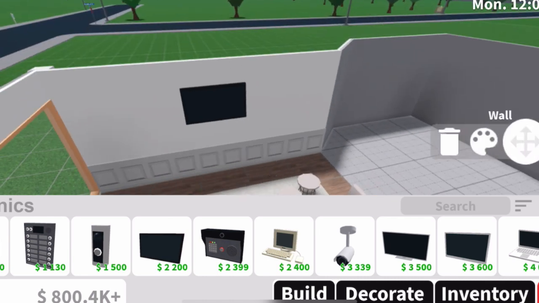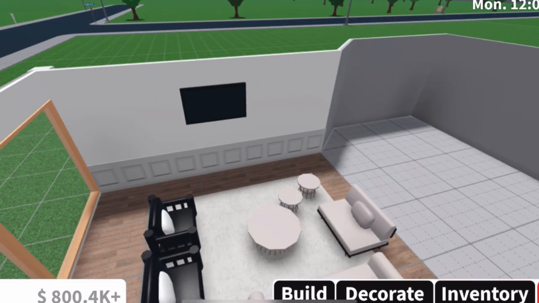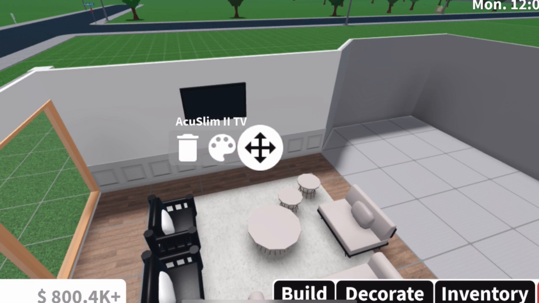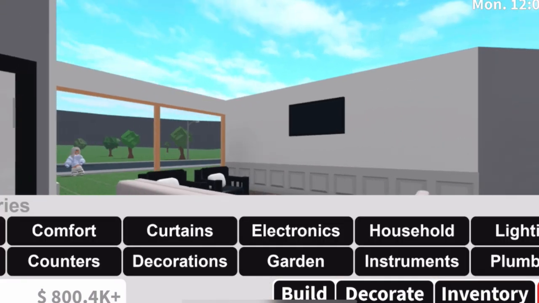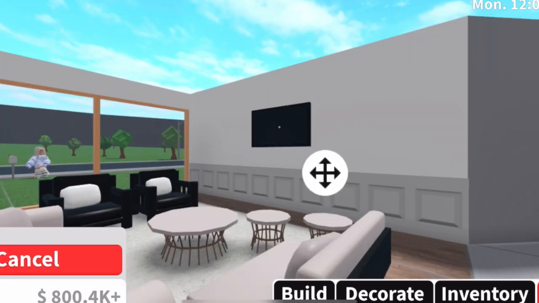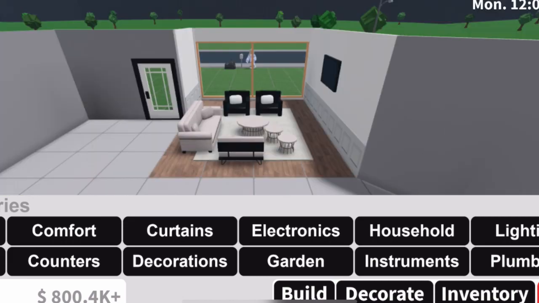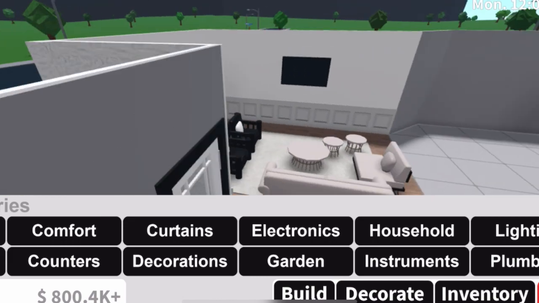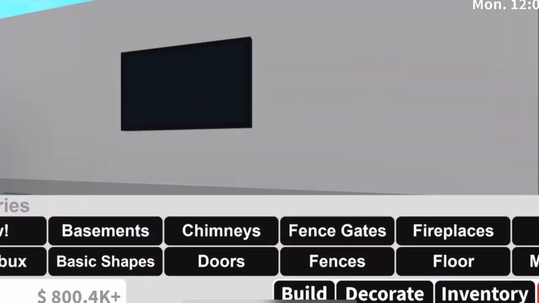It's not really where I kind of want it to be. Let's see if I can make it a little bit more centered. This looks more centered, I feel like. It should be a little down too, like maybe right here. Looks good, guys. I think I'm going to add a window because,